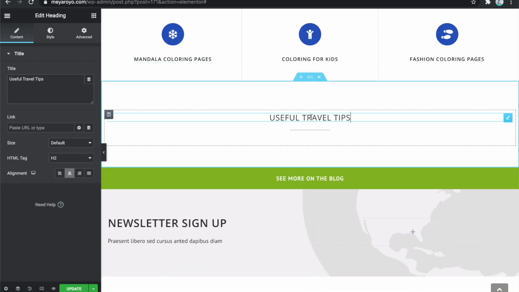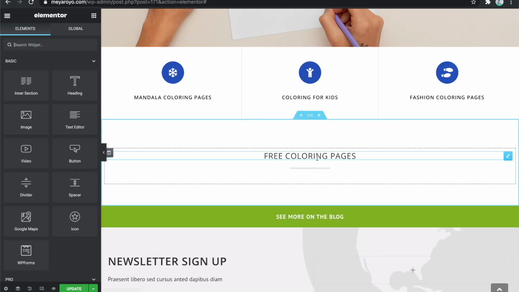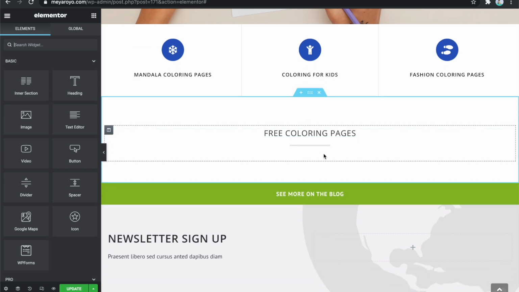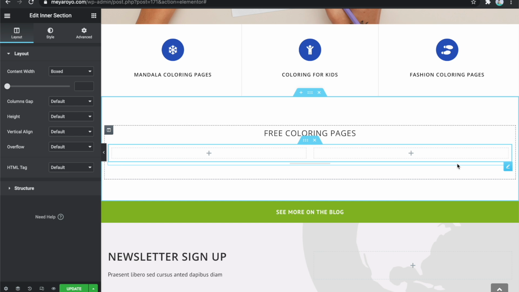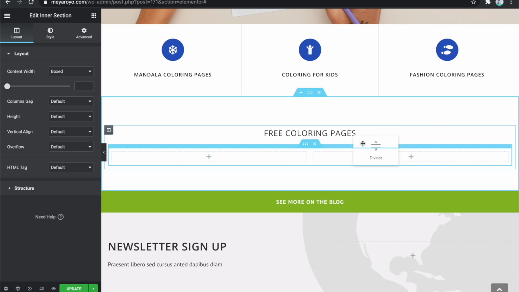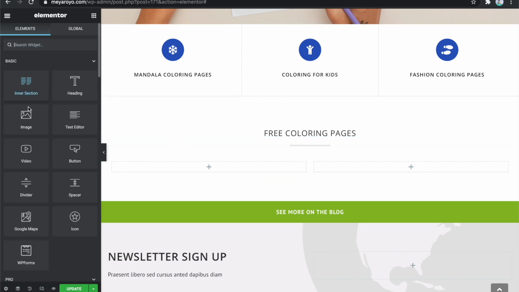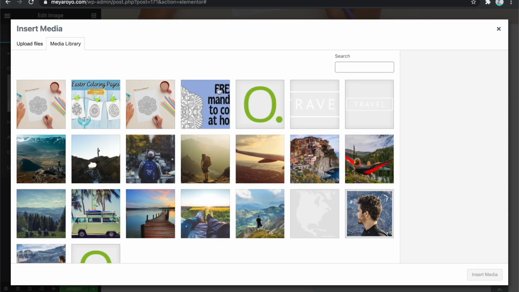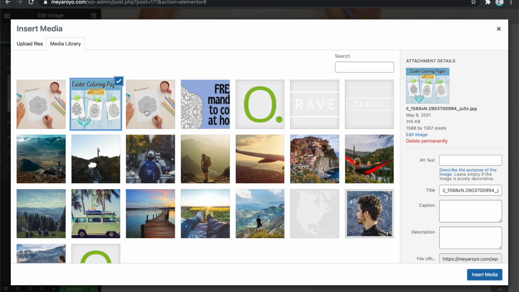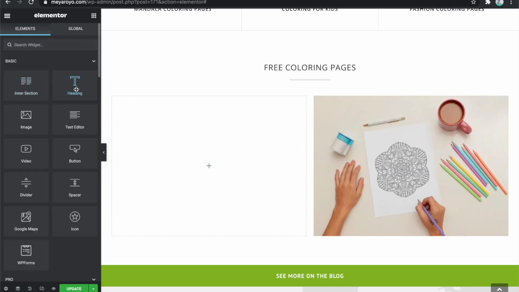And what we're going to do here is write down free coloring pages. I'm going to split this section up. So I will add an inner section here. Let's just drag this line over to the top. And here I'm going to add an image, or here. And this image can again be your mock-up, be one of those things, just be a different mock-up. I'm just using the same ones all over again. And here I'm going to add a heading